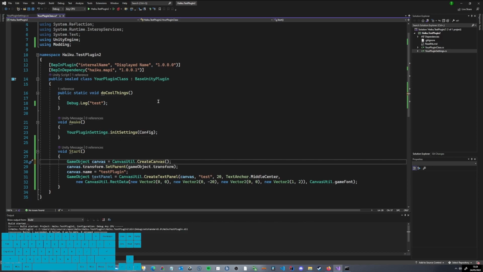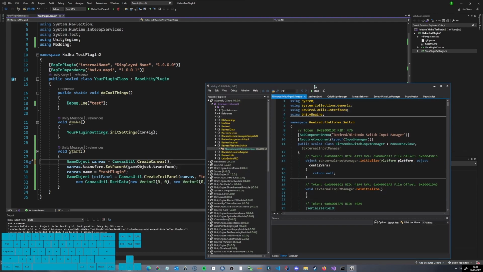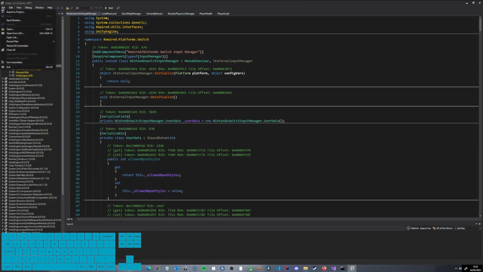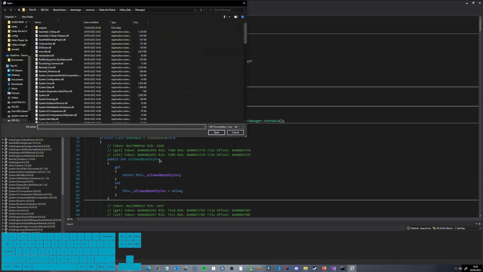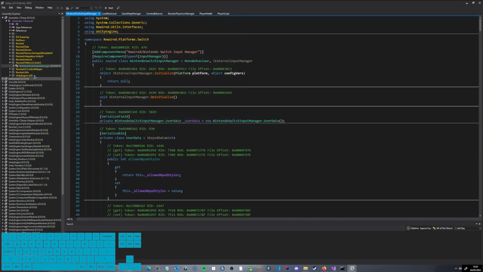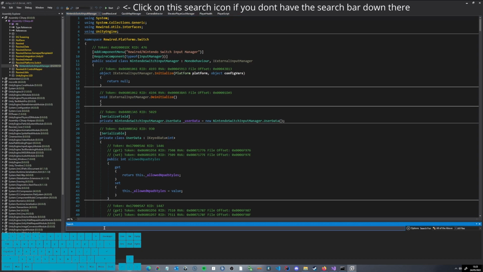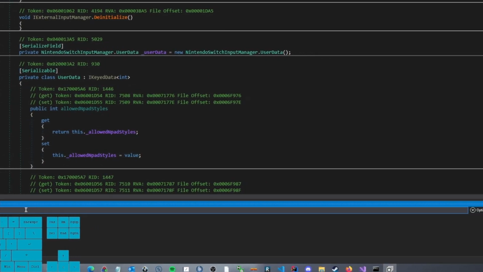The next step that you might want to do is change some variables of the game. Now, how do we know how the game works? You will have to download a program called dnSpy. If you don't know how to use it, you just click on open, and then you will open this assembly file. Then we can just start searching through it. For example, how about we just increase the player health.